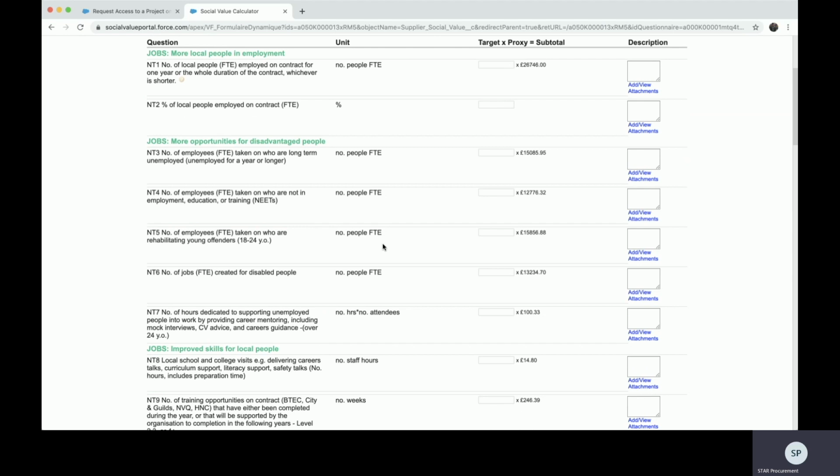Yeah, so a lot of the questions we're getting are, for example, NT1, local person employed on the contract. You have to take into consideration what we've described as being local. It might be GM if it's a larger contract, or if it's just one of the Star Authority specific, it might be just Stockport. If you're going to take someone on, it has to be related to you being successful on this contract. And when you're putting in your target, if you put in one, it has to be that the new person is going to work 100%